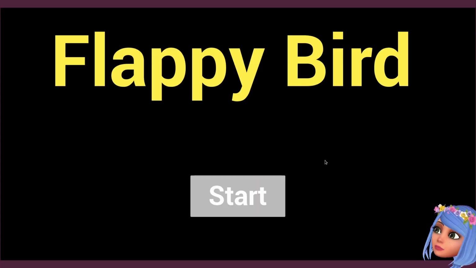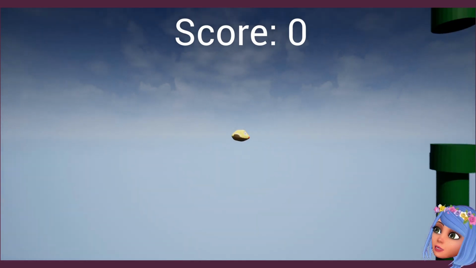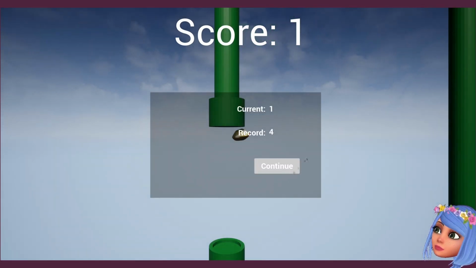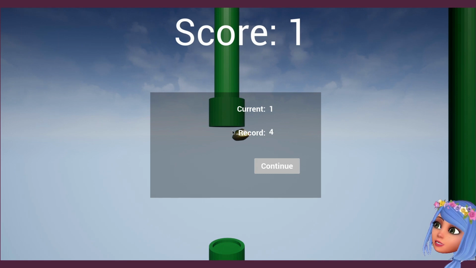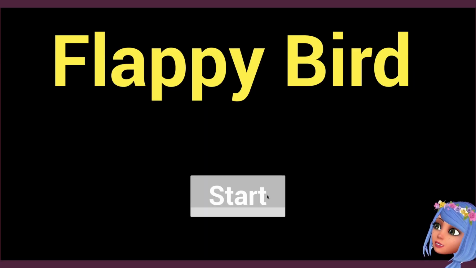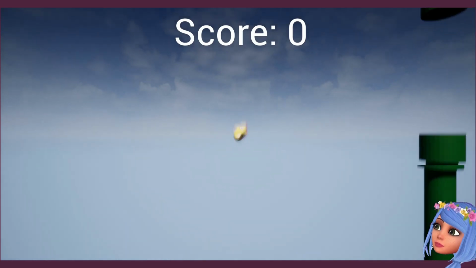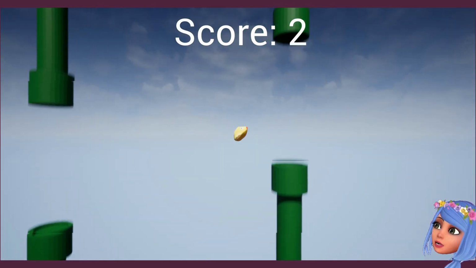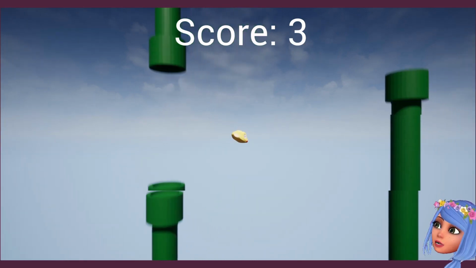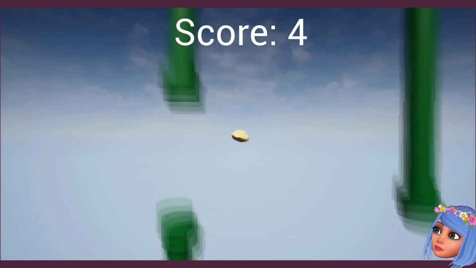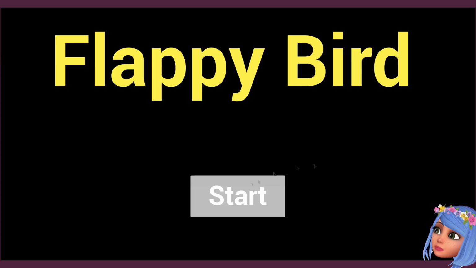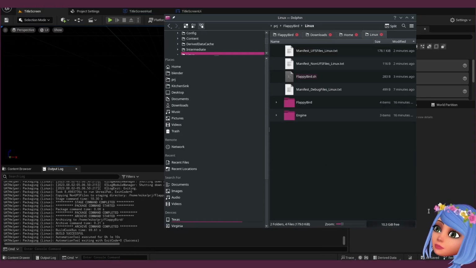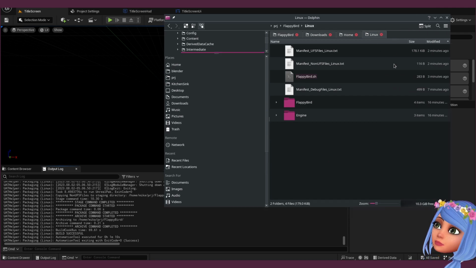See, it works on the second click for some reason. So a click on anything allows it. I do not know why it's happening. So, and here we go, Flappy Bird.